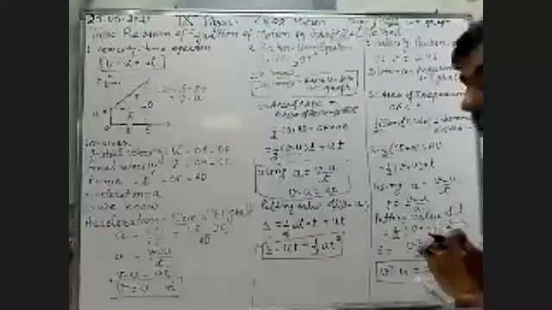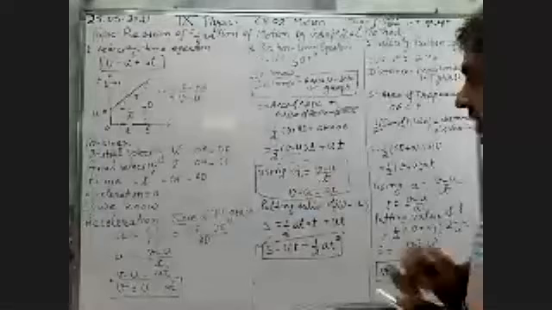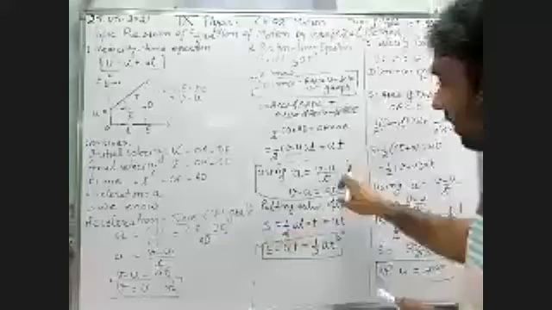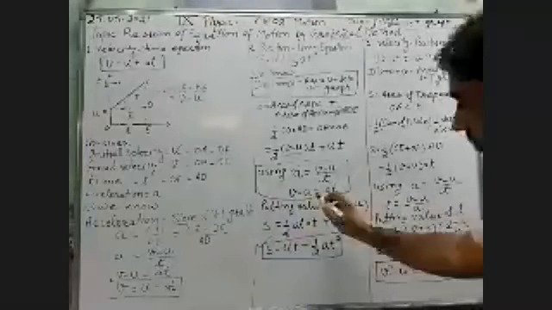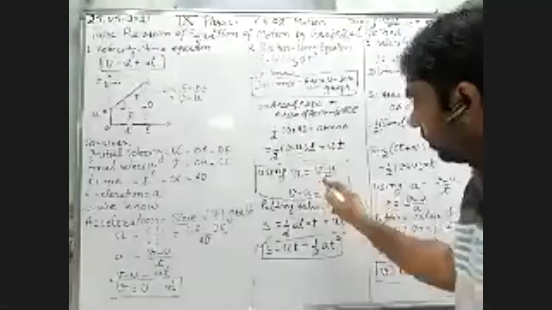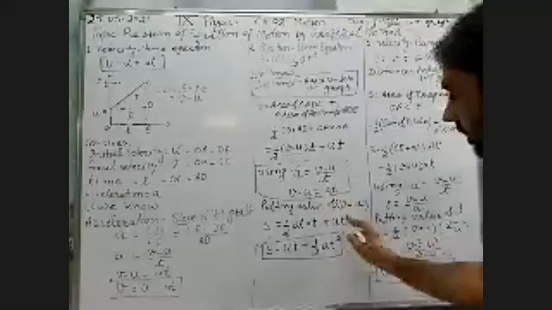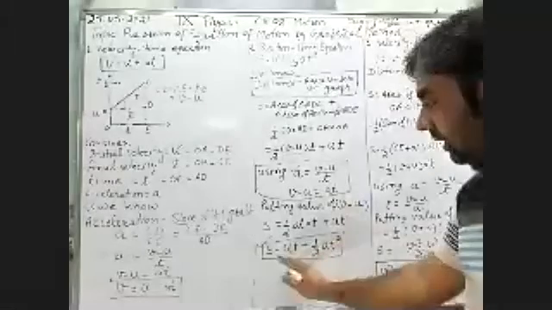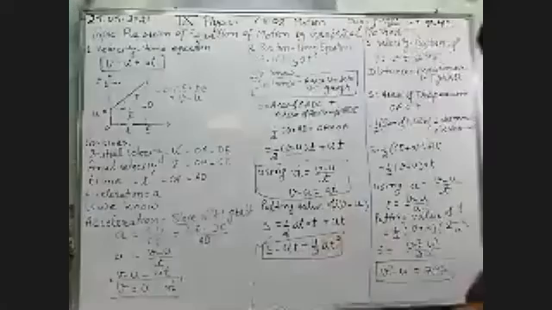Okay. So using this equation, we know acceleration is equal to V minus U divided by T. We just calculated this value from the first equation. So using this formula, we can calculate V minus U. So V minus U is equal to AT. So put this value in this equation. So put AT here, AT multiplied by T will be AT square. So 1 by 2 AT square. This UT we can write here. So this is our second equation of motion. S is equal to UT plus 1 by 2 AT square.